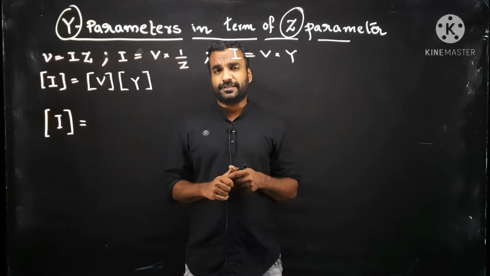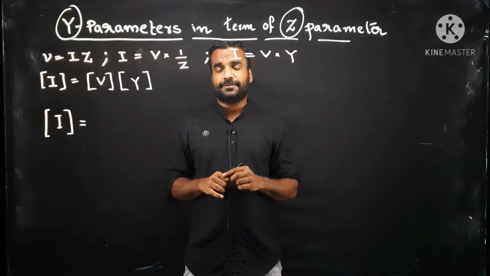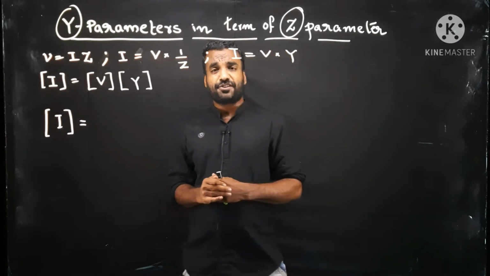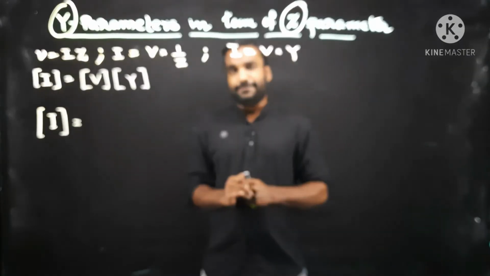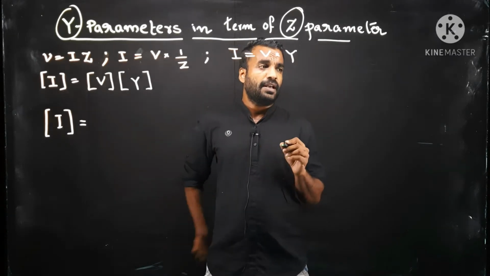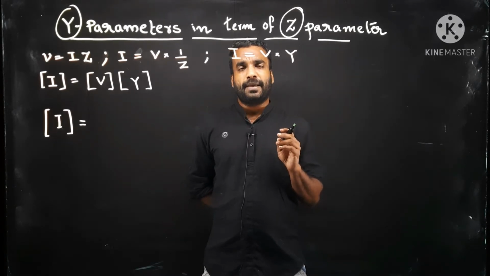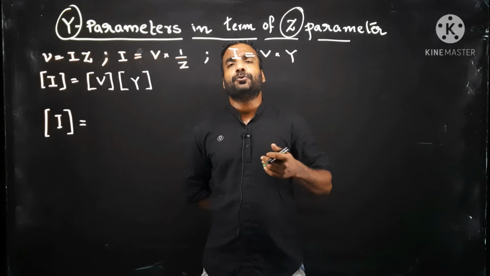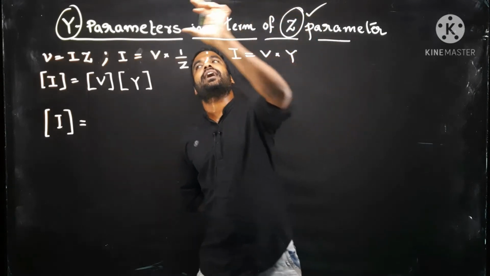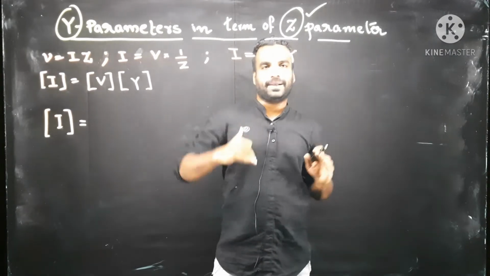So in last class we were discussing a problem where we are asked to find all the y parameters, and we did the problem with the conventional method of finding y parameters. But that conventional method will not always be easy or always help you in complicated problems. I will try to explain why the conventional method is not always useful, and a new method in which we will initially find z parameters and then convert them to y parameters. Is it okay? Y parameters in terms of z parameters.